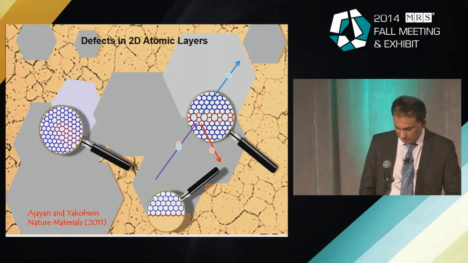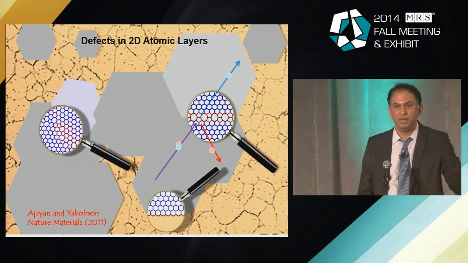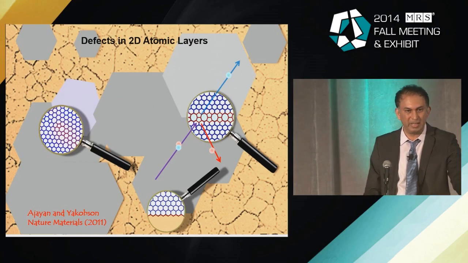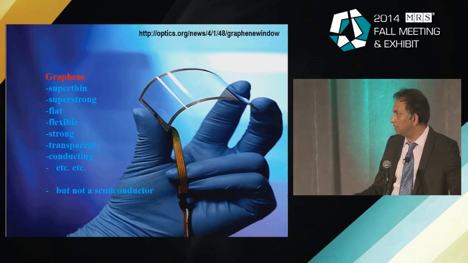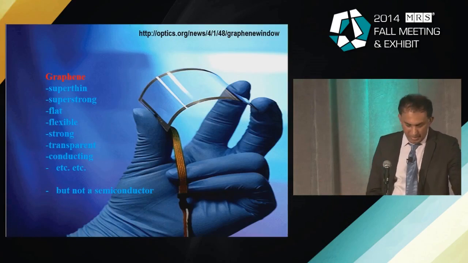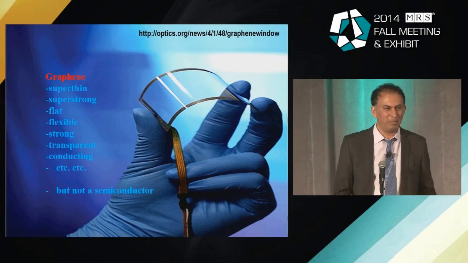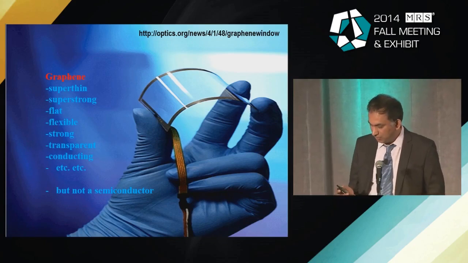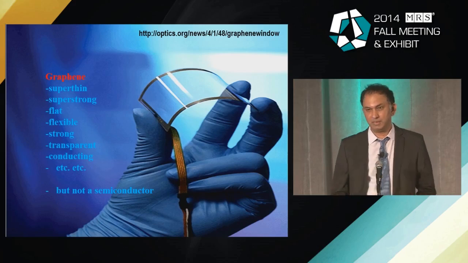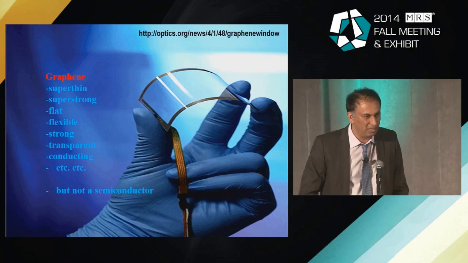And one of the basic issues that people deal with now is how to grow very large domains, single crystal domains that could, again, provide consistent results in this area. Now, almost everything has been done on graphene. If you think about all the stuff that people have done over the last few years, it's almost déjà vu for me because almost the same thing happened in the nanotube area as well.